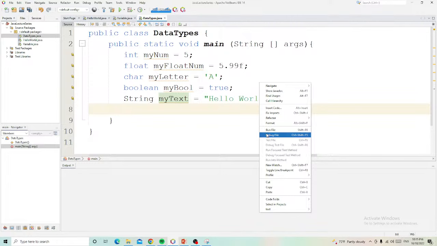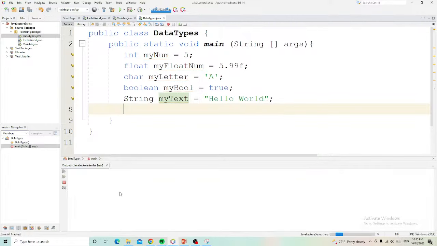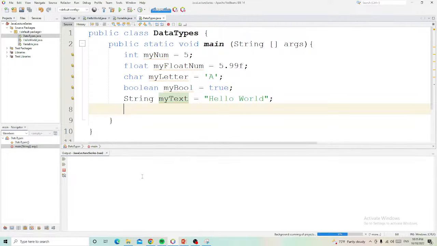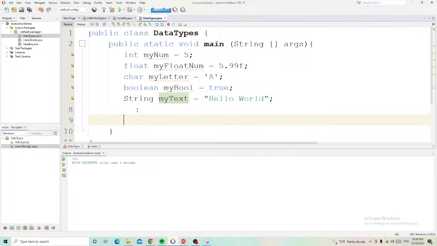Okay, when you run this code, it's running, but there's no output. See, there's no output because we did not display the data. So what we need to do now is to add the cout just to print everything.